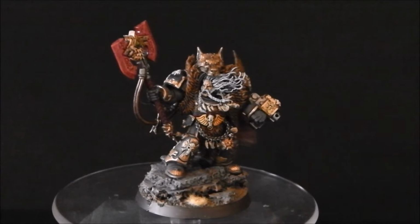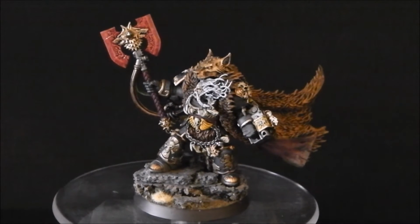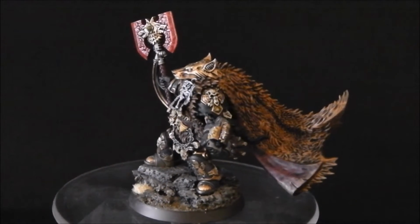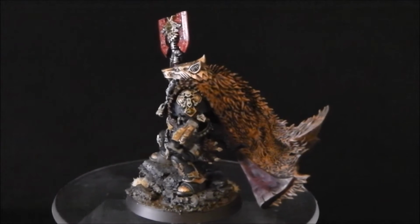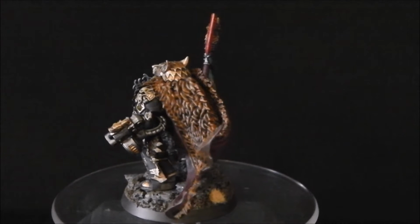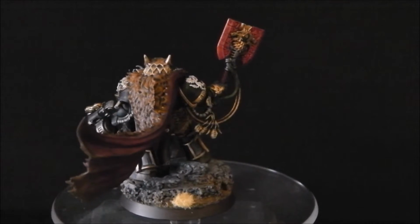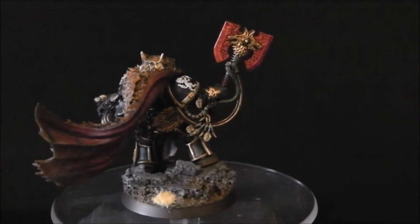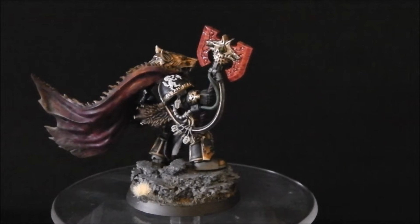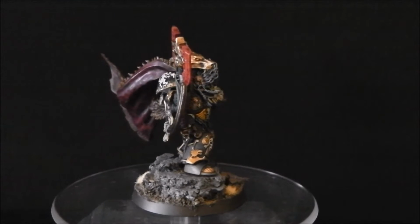Right, so here is the big guy himself. This is the current Great Wolf of, well, Space Wolves, and that of course is Logan Grimnar. Definitely one of the older Wolf Lords. I think to serve for the Space Wolves, as well as very, very storied past, and very protective of the Legion or chapter. Has faced damnation many, many times, but has always pointed out the fact that